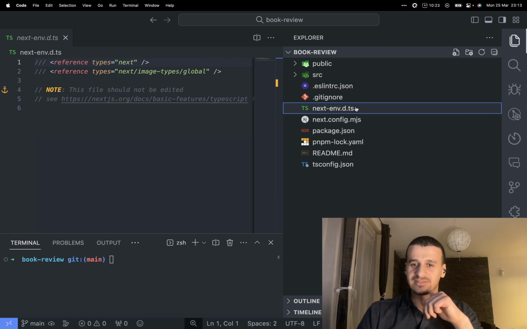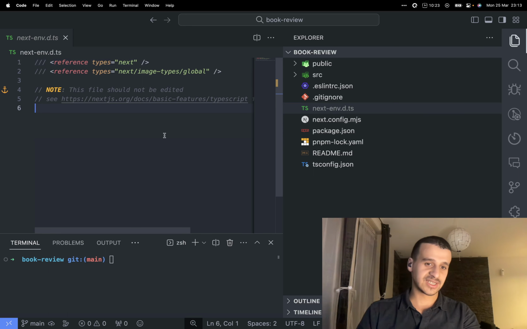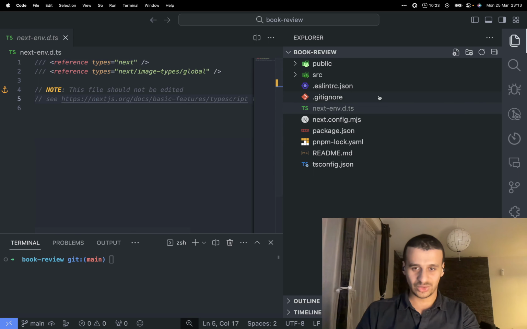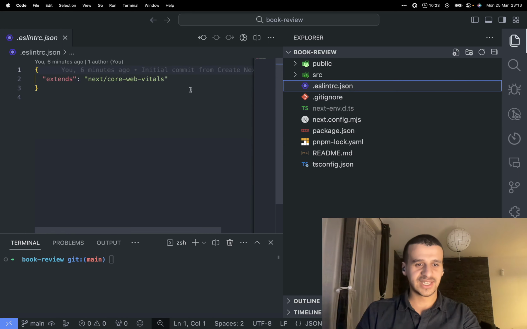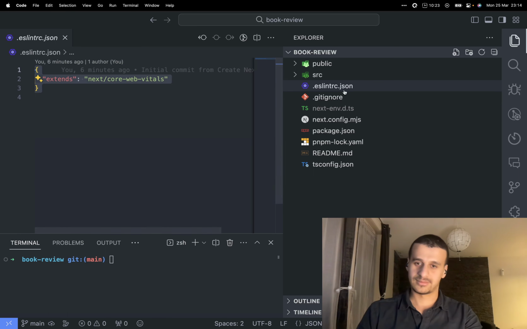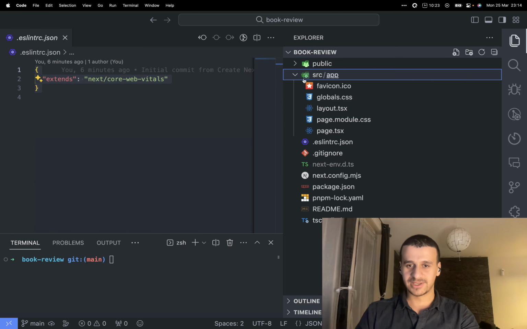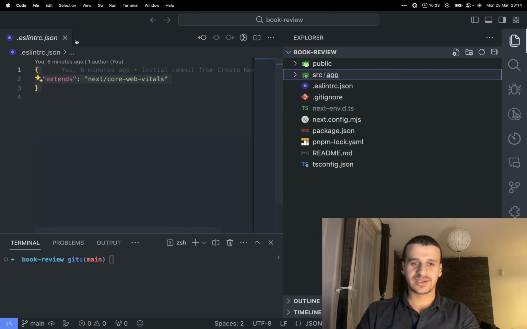This next env.d.ts declaration is a declaration file for TypeScript. It works, I guess, with Next.js. We don't care. Git ignore is related to Git, and we don't need to explain it. ESLint is where you define the rules for ESLint. Also, let's skip it. Now we enter the